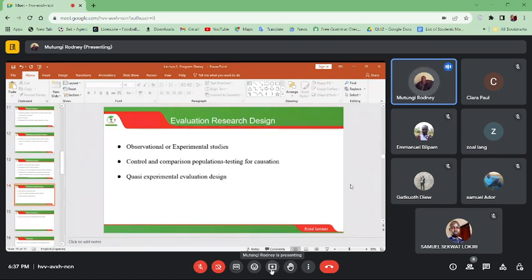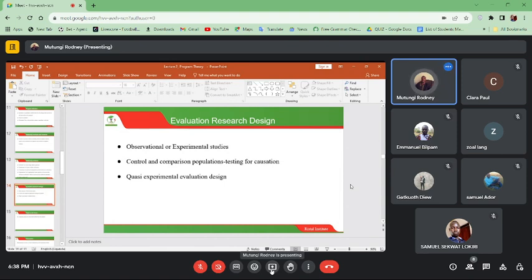And then we can have these control and comparison populations, which really try to bring out that causation and effect scenario. What is the cause and then the effect of a particular situation, and these are common in diseases. So then we also have